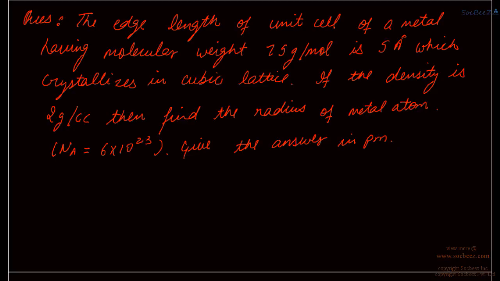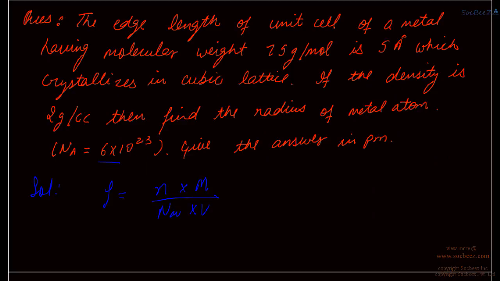Which crystallizes in cubic lattice. If the density is 2 gram per centimeter cubed, then find the radius of metal atom. The value of Avogadro number is given to us as 6 into 10 raised to the power 23. Now give the answer in ppm. Now since we know that